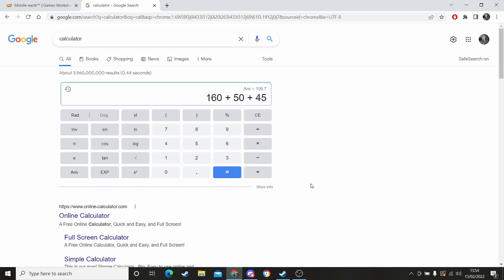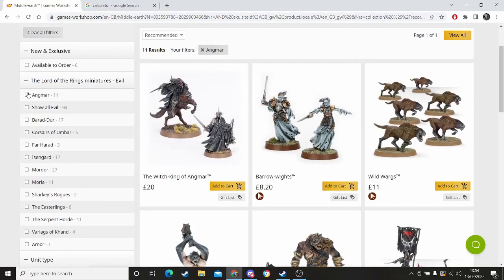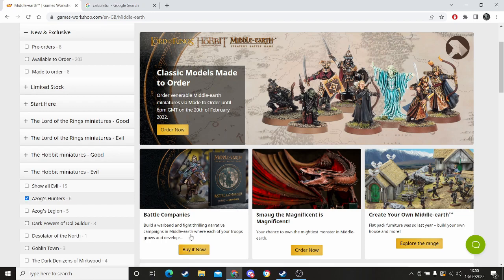If you can be bothered to convert an orc captain on a warg, go for it, but then we're going to have to add extra stuff to the basket, and I kind of wanted to keep it around the £100 mark. It is possible to do so. Screw it, I'll show you. Right, so the easiest way to get a quick and easy orc captain that takes minimal effort is to go to the Hobbit, Evil, Azog's Hunters,